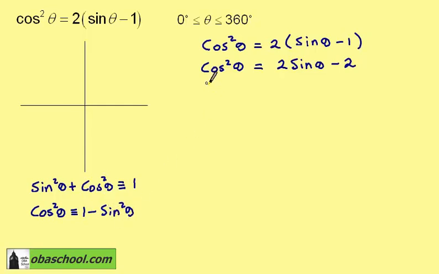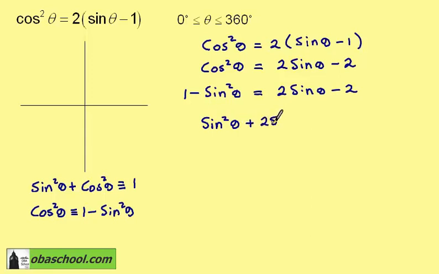We can substitute this into here, so 1 minus sin squared theta is equal to 2 sin theta take away 2. And bringing everything to one side, we get sin squared theta